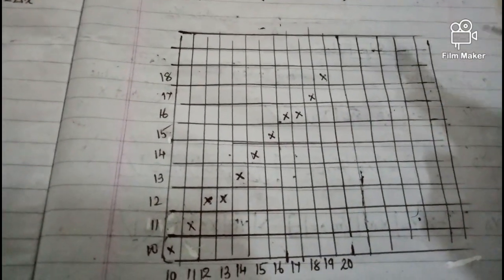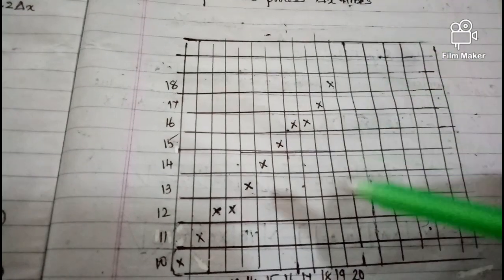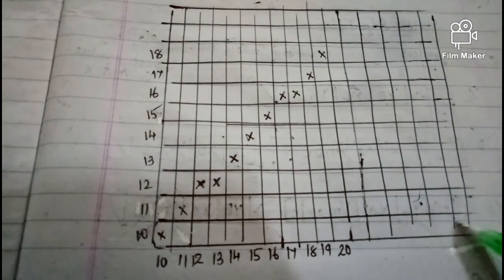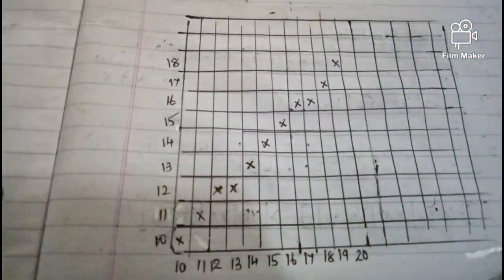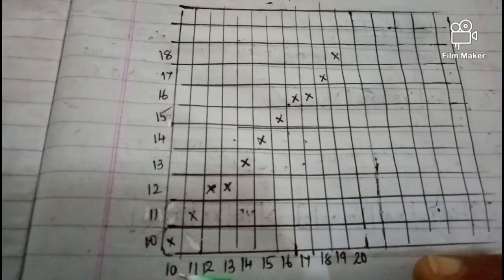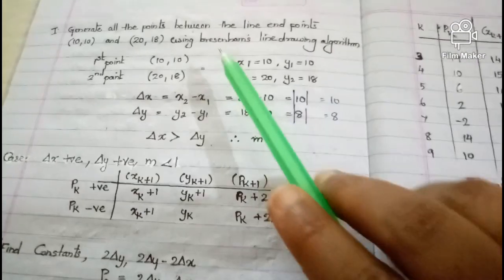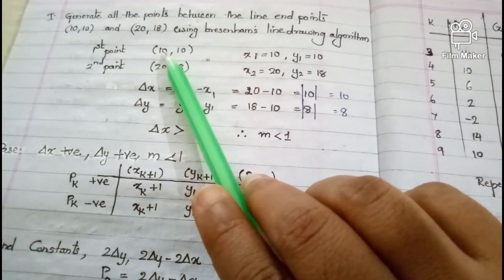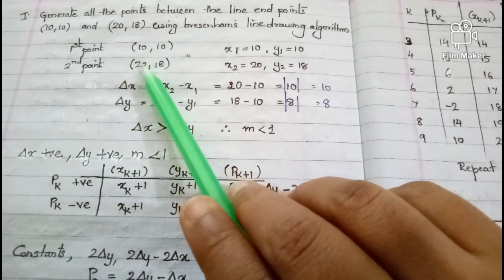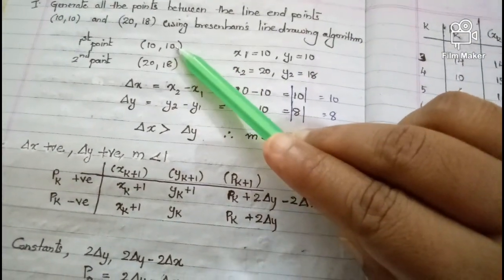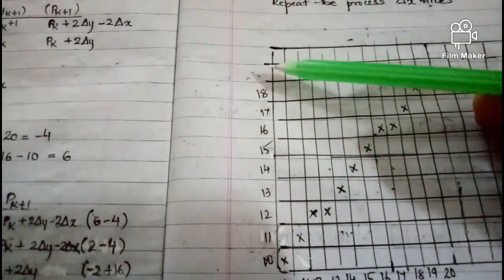So how can you draw the graph? Draw in this way, a certain number of columns and a certain number of rows. X-axis represents the column numbers and y-axis represents the row numbers. That means this is for representing the x values and this is for representing the y values. So what is the x and y range? The value of x should range from 10 to 20. So mark the values of x from 10 to 20. Value of y should range from 10 to 18. So value of y ranges from 10 to 18.